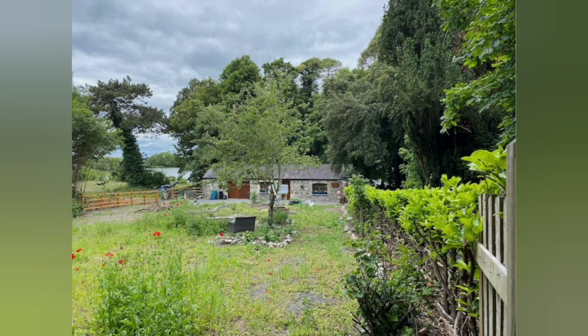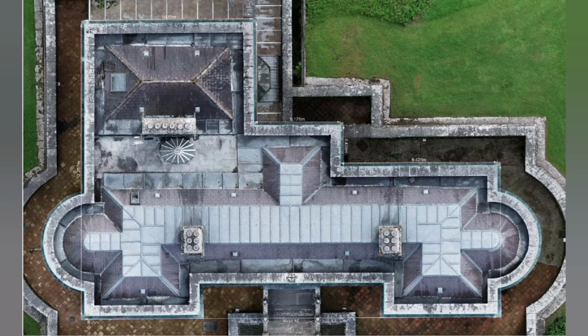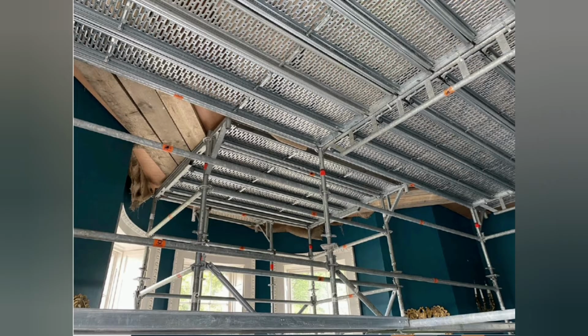And this is the other half of what we're doing, actually. We're looking very carefully at the fabric of the house. It forms part of the CMP, but there's also grant funding that Westmeath County Council obtained under the Historic Structures Fund, looking at the condition of the roof that needs work, and then moving in. These precautionary measures are taken, so some of the ceilings, you might have noticed some of the rooms have been closed